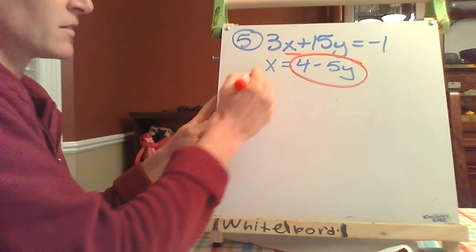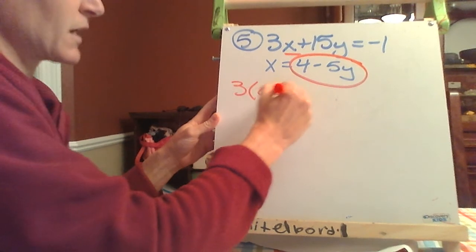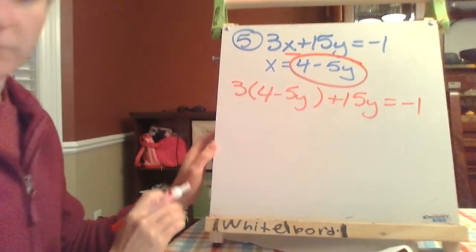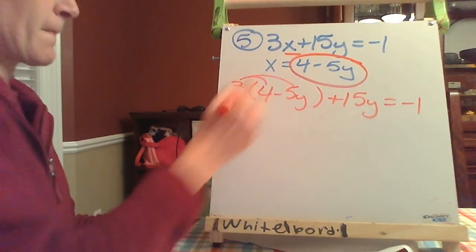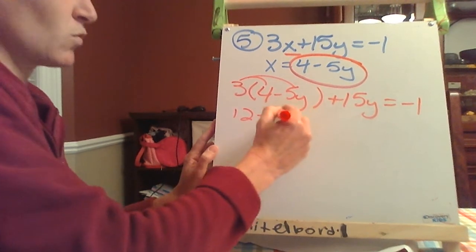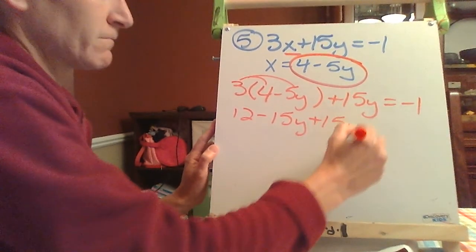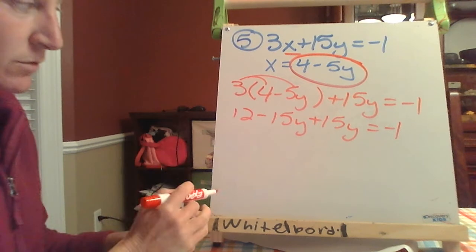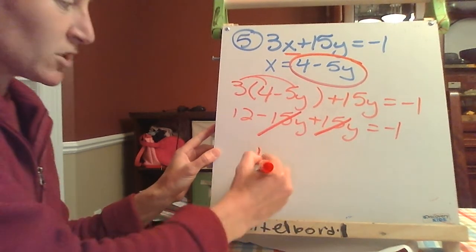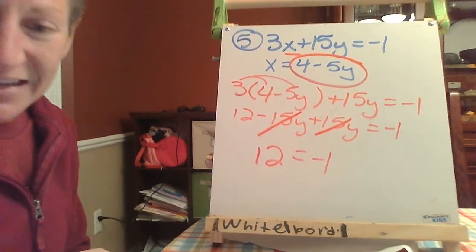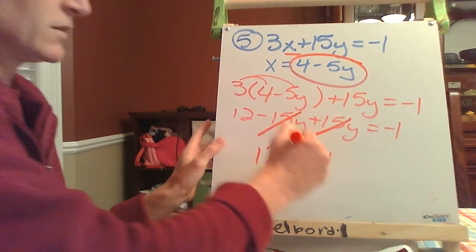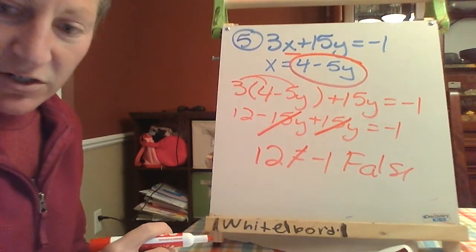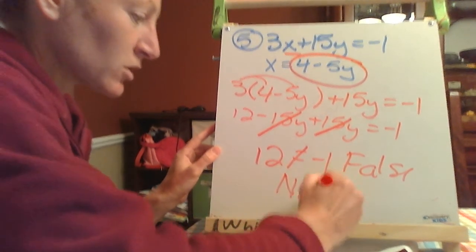All right, so where does that go? In place of x. 3 times 4 minus 5y, plus 15y equals -1. Distribute. 12 minus 15y plus 15y equals -1. Okay, what happens when I combine like terms? Gone, gone. 12 equals -1. Is that true? No. 12 does not equal -1, so this is false. So when we get a false answer, this is no solution,